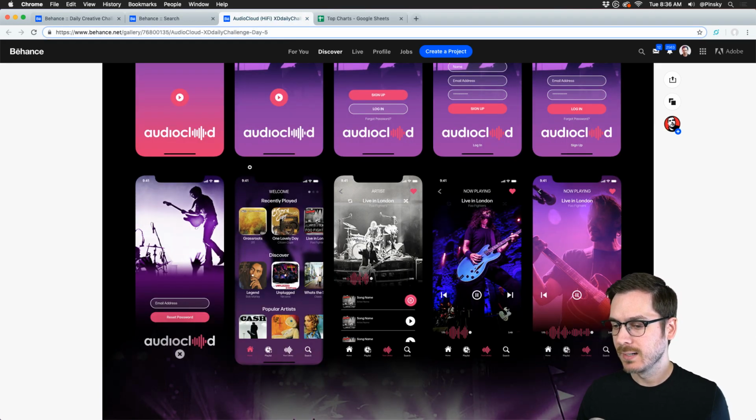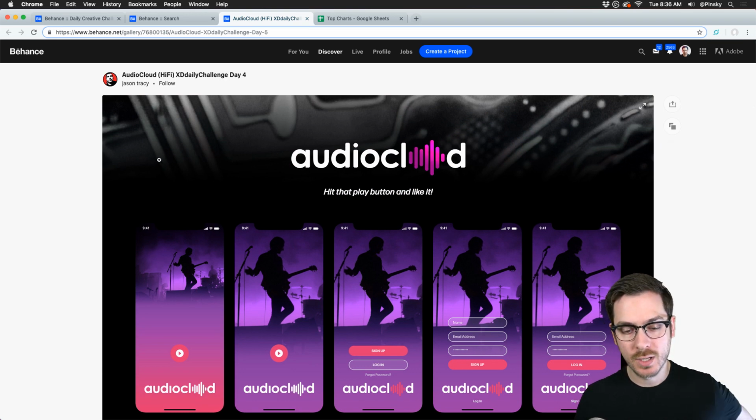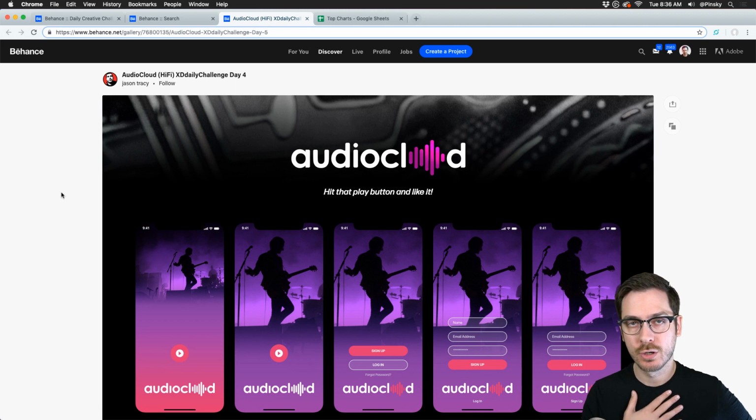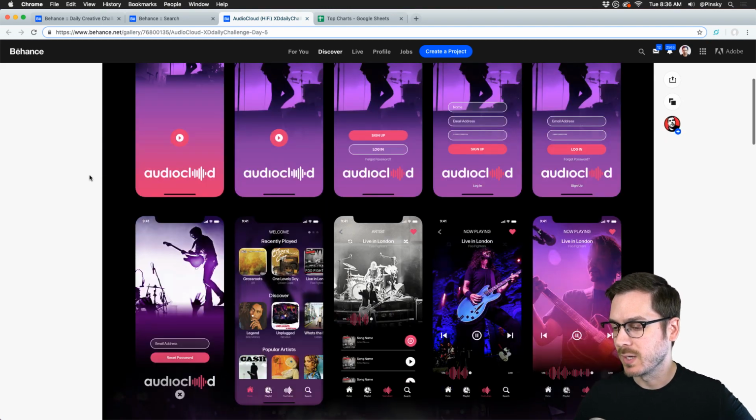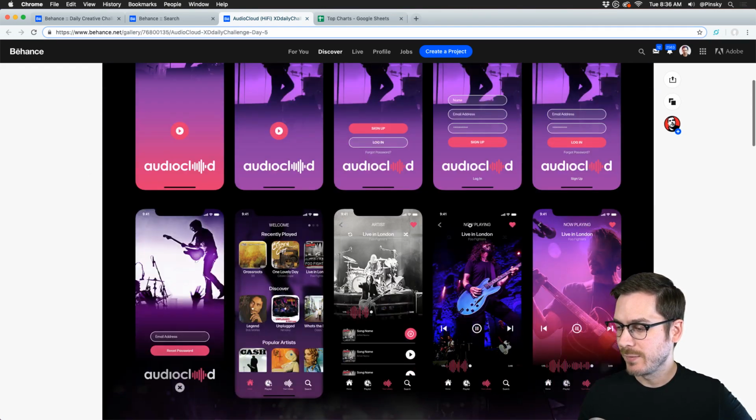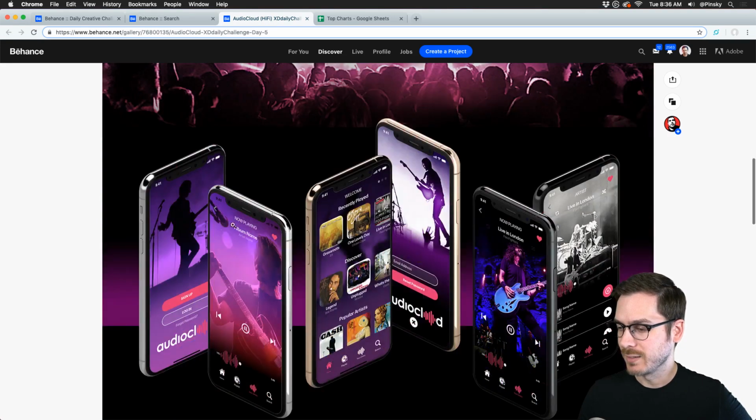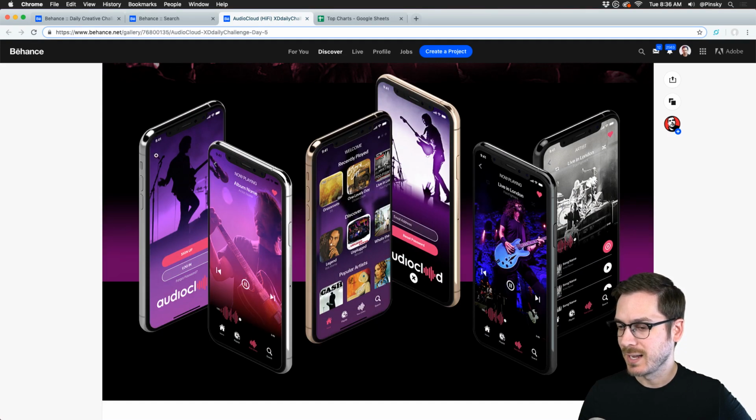And then finally, we've got this one from Jason, who's also in the chat, and I saw Heather post her low fidelity on Slack as well, and those look pretty good. I couldn't find them this morning, but check that out. Here we go. So here's some more high fidelity wires from Jason. And I love when mock-ups and actual real world devices are used for things like this. So that looks really nice.